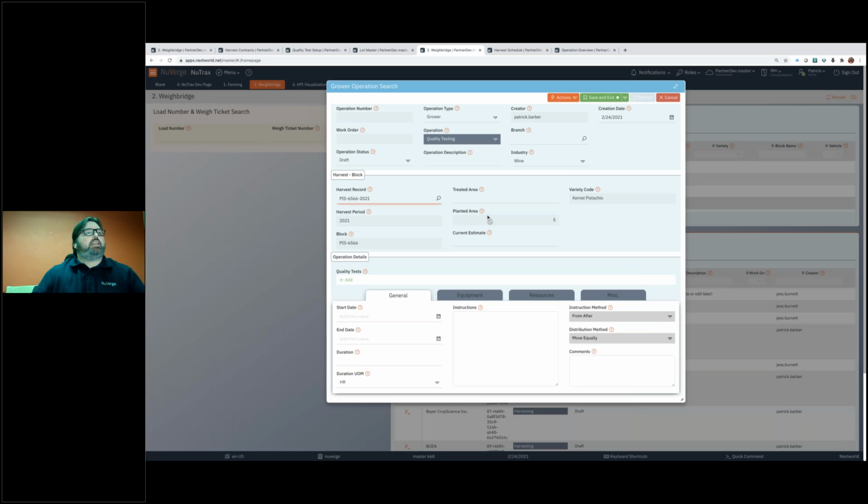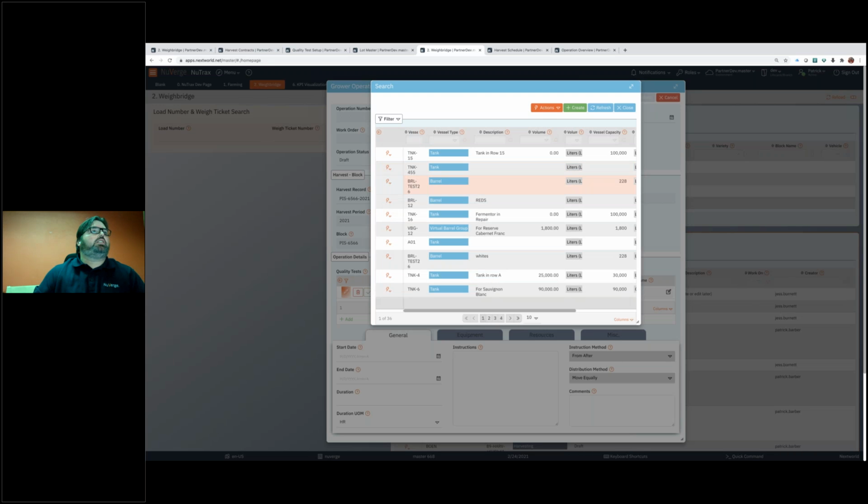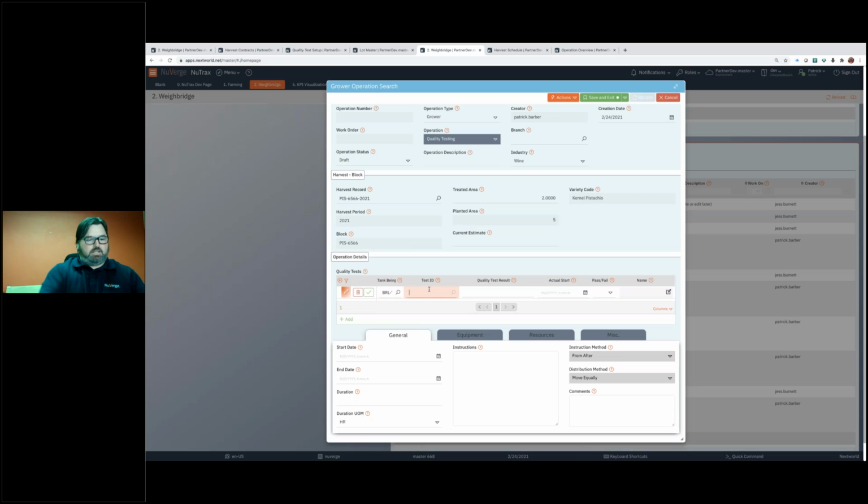So I'm going to use that block over there. It says that the planted area is 5 acres. I'm going to do this treat over 2. We do a quality test, and I'm just going to pull some random data in here for this. We might do a sugar test, and the way we've got it set up, it automatically fails without any data inside it. And I mean, I can do 14, it's still going to fail because it's underneath the minimum